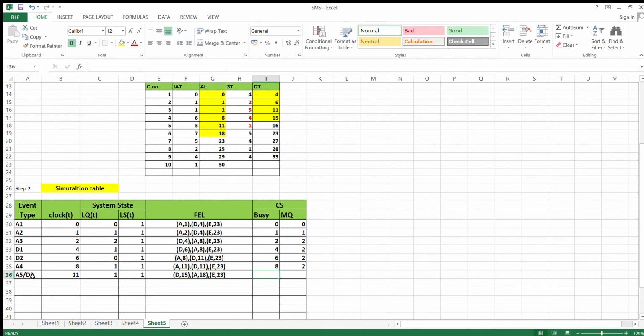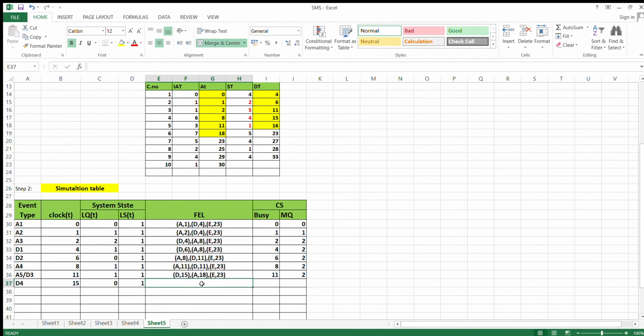So calculate busy time. Either you can calculate D3 minus A3 or you can calculate A5 minus A4. Both will give the same result. 11 minus 8, 3 plus 8, 11. So maximum Q is 2. So minimum is 15. Advance clock cycle to 15. Event is departure of the fourth customer. So no customer under queue. A5 will move to the service. So remove departure means add departure.